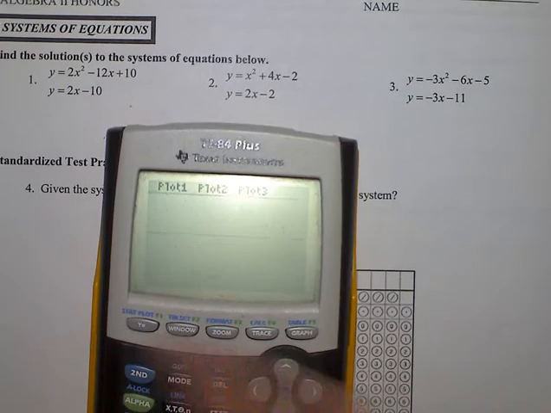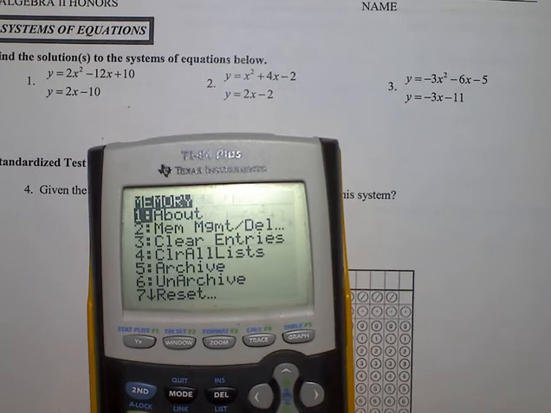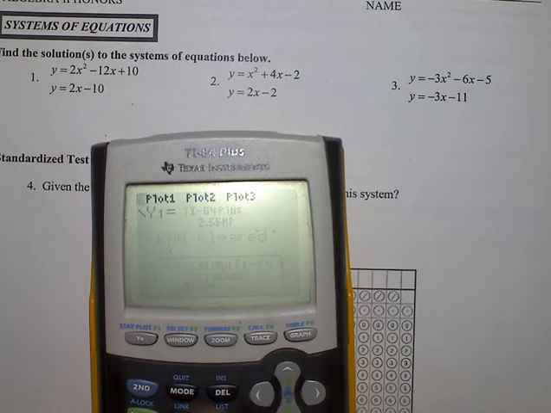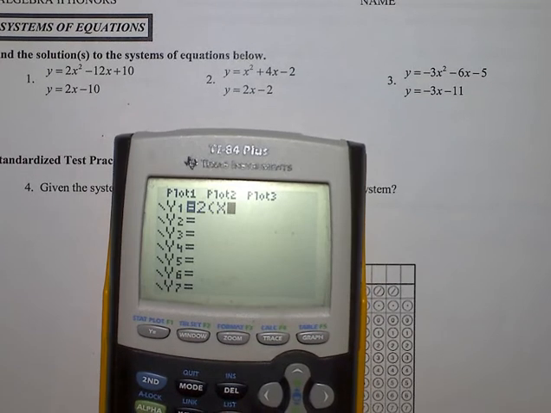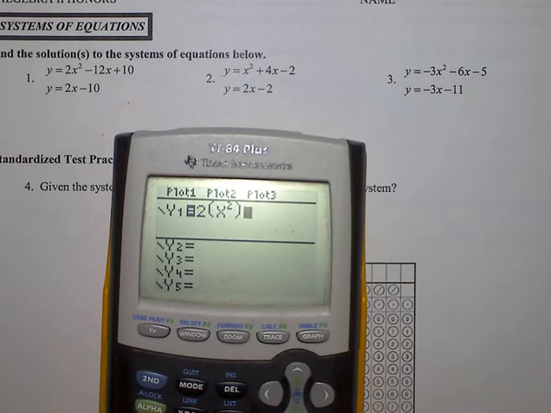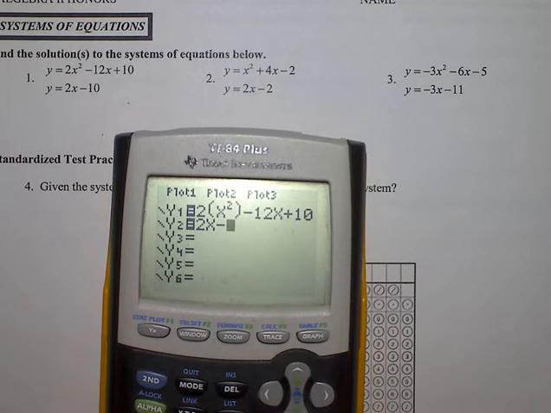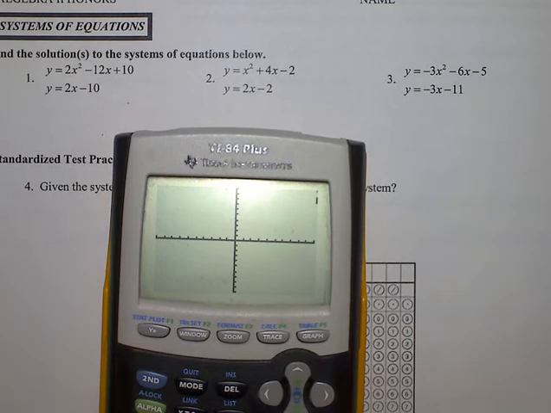Go up to y equals, and actually I'm going to start by clearing the RAM, and I'm going to go up to 2x squared, subtract 12x plus 10, and then 2x subtract 10, and I'm going to find out where they intersect. This particular problem intersects in two places, and